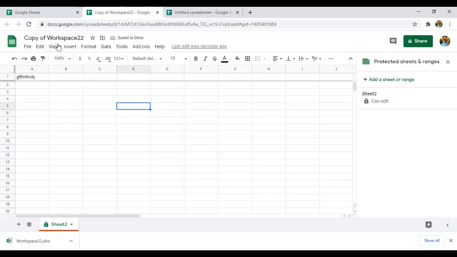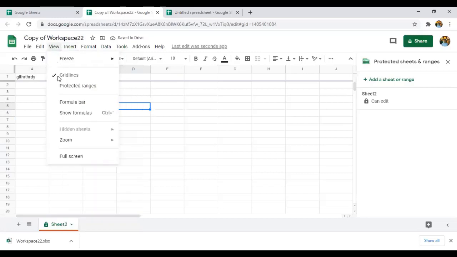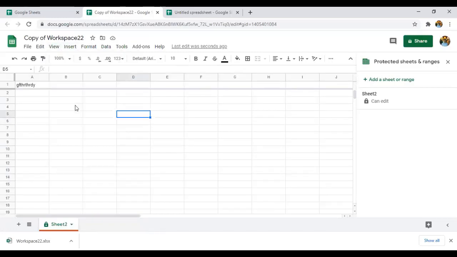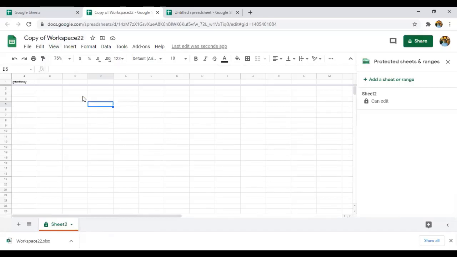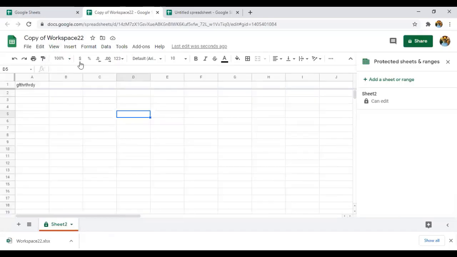Okay. So coming to the formula bar, there are some formulas, so we can see the formulas. And coming to the zoom, that means you can increase the size or decrease the size, that depends on you.